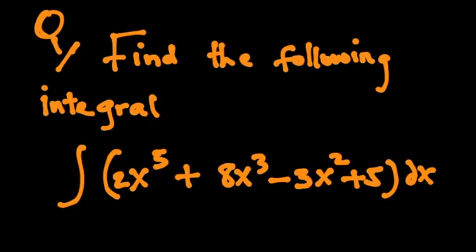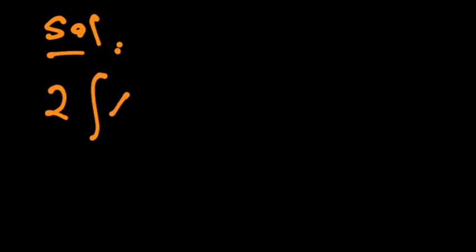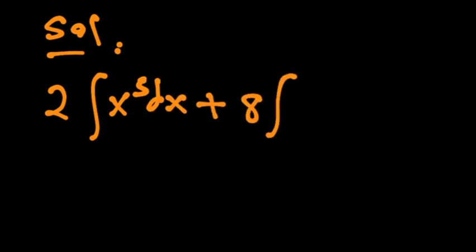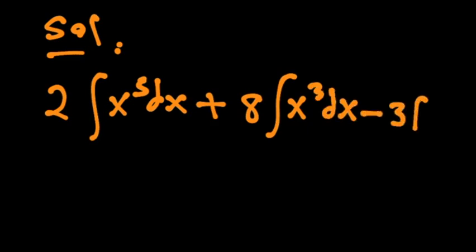Find the following integral. It's mostly what we have been doing, but we're gonna keep doing it anyway. So, solution. The integral of x to the 5 dx plus, take the constant out, 3x dx minus 3 x squared dx